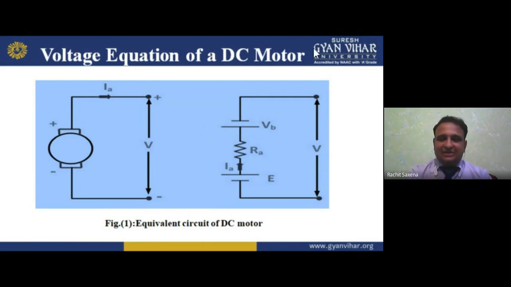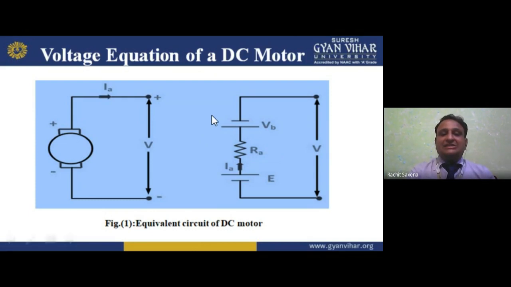So in separate excitation, I am giving the external supply, but self-excitation doesn't take any external supply. It is based on residual magnetism, the remaining magnetism in a magnet. The three types of self-excited machines are: we can connect the field winding in series with the armature, called series wound. We can connect the field winding in parallel to the armature winding, called shunt wound. We can connect both series and shunt, called compound. In this we can use long shunt and short shunt, so differential compound and cumulative compound. So these are some types of DC machine.